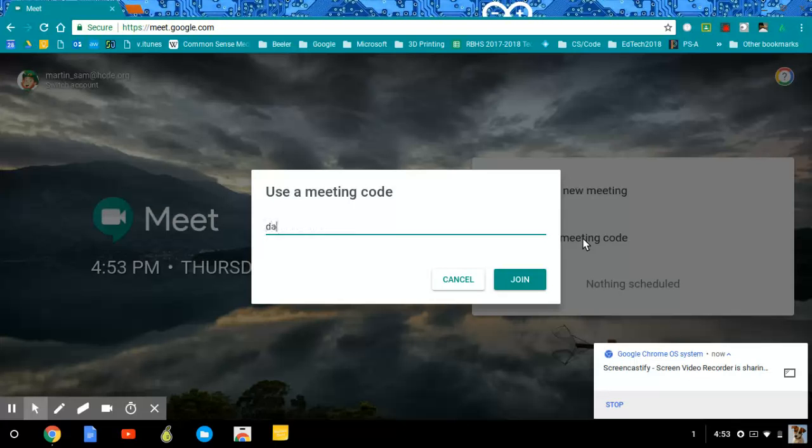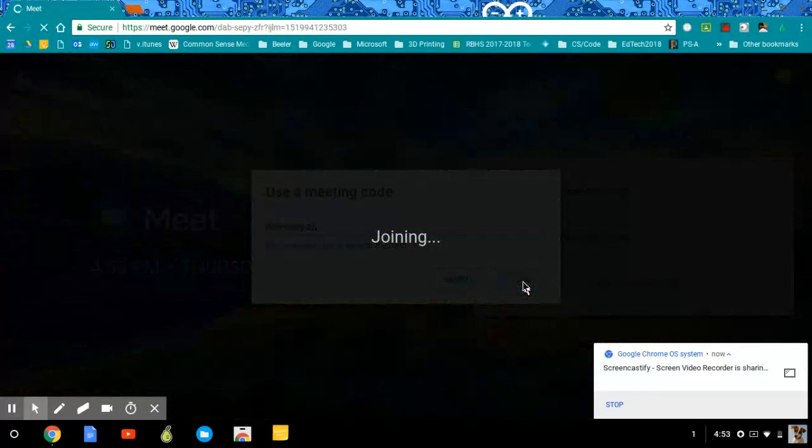It is DAB SEPY ZFR. Now the code will be different every single time you have a new meet, so don't worry about writing this one down. When you click to join,